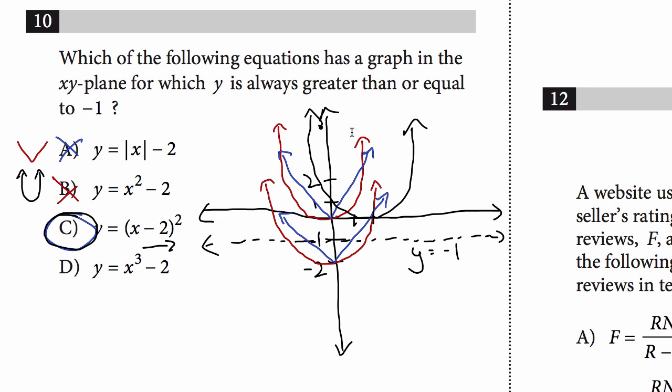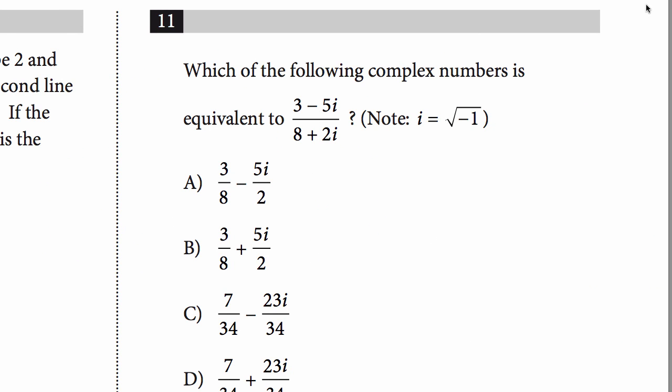Sorry, this just gets all bunched up, but I hope you were able to follow that. That's basically a graph, right, that gets shifted over like this. So that quadratic always has values that are greater than y equals -1. Choice C, you're done. All right, for number 11, we've got this expression, and when you're dealing with imaginary numbers